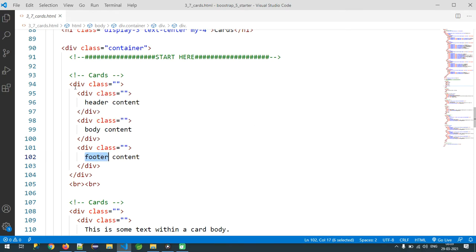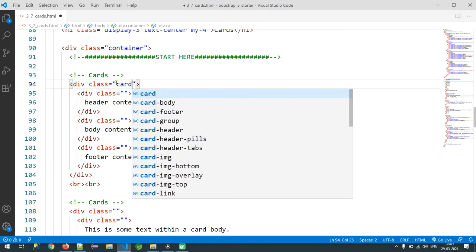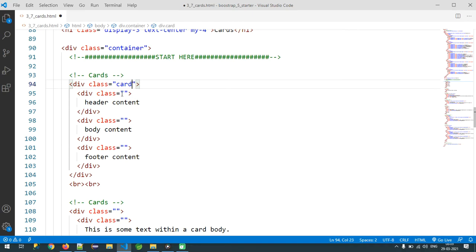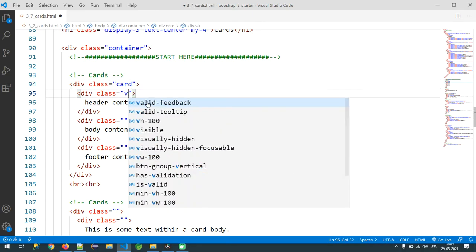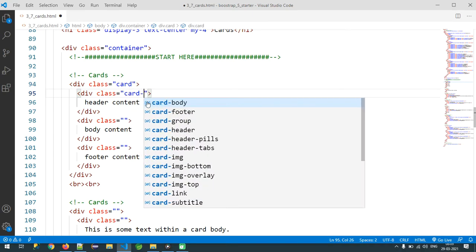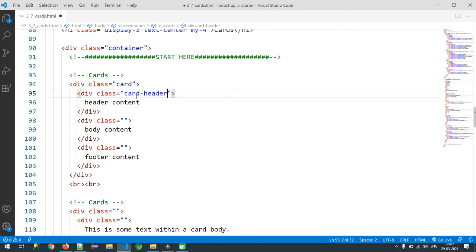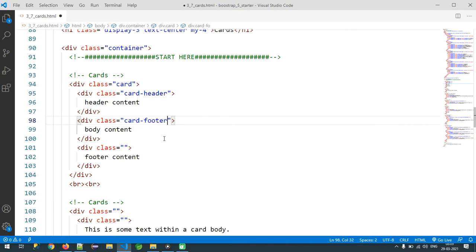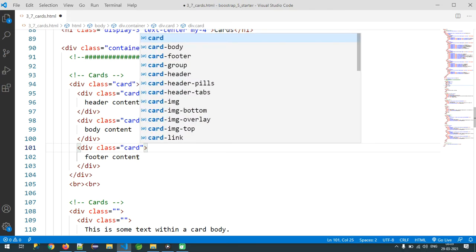So you should create a div with the class name card, and next one card-header, because it is the header section. Likewise I can have card-body. Finally we are going to have card-footer.